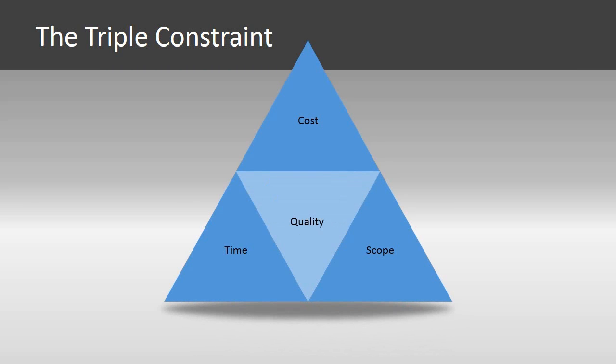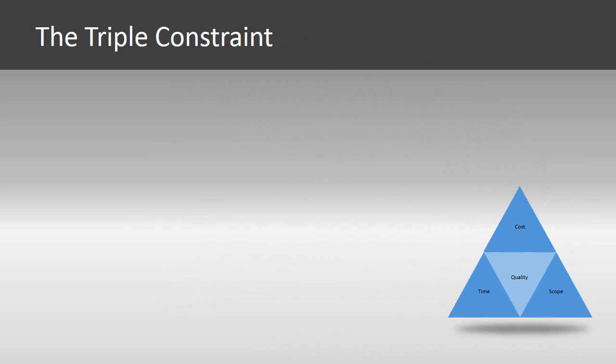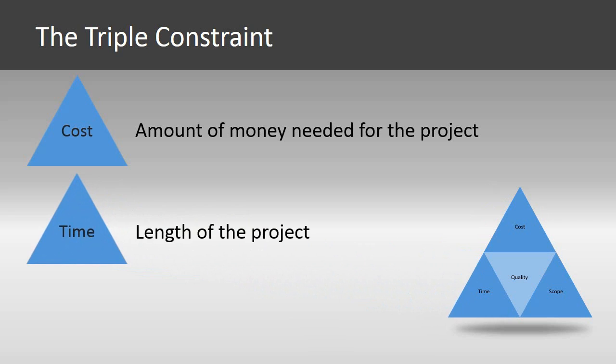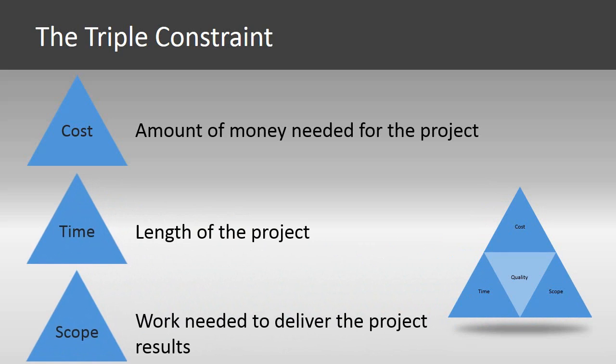One of the fundamental principles of project planning is the theory of triple constraint. The triple constraint describes interaction between the three variables associated with delivering any project. They are cost, the amount of money needed to complete the project; time, the duration of the project in days, months, or even years; and scope, the work or tasks that need to be accomplished to deliver the desired project